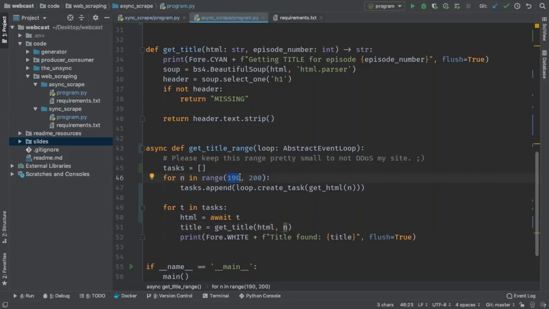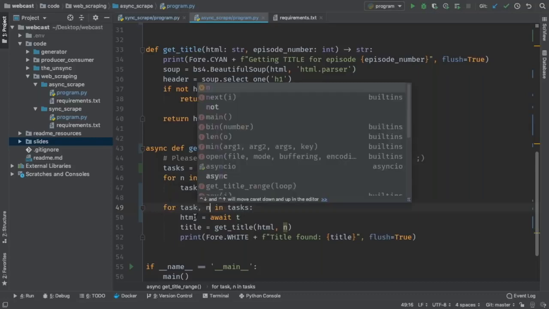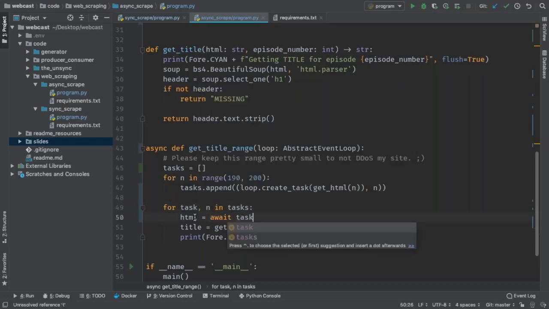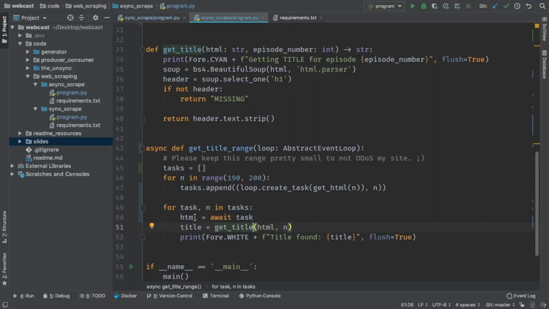I mean, I guess I could do a little math, but that seems sketchy. So what I'm going to put in here is the number as a tuple, and then I can unpack it when I get here. So say task n equals t. Let's just do it like this. Task n, and we'll wait task. How's that? Okay, so we can start all of these, and then we can wait on them, and then work.